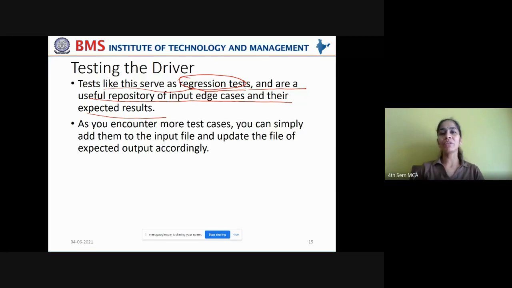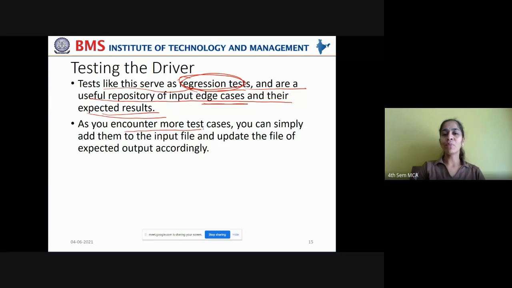You know very well about this. You learned about this in software engineering, right? If you want to add new features to the existing features and see whether they are working fine without raising any errors with the existing features, you perform these regression tests. Now, tests like this serve as regression tests and are a useful repository of input edge cases and their expected results.